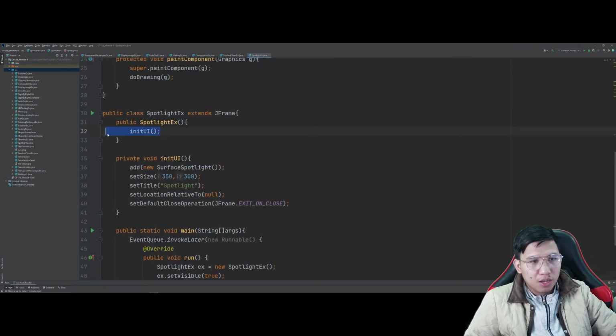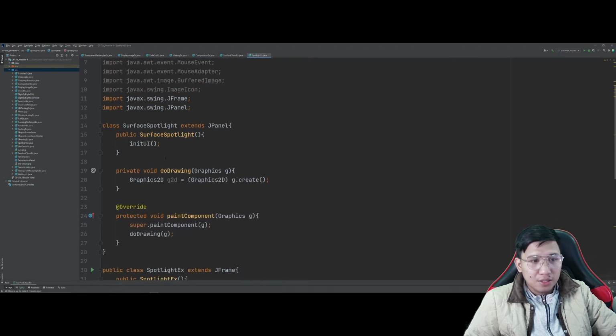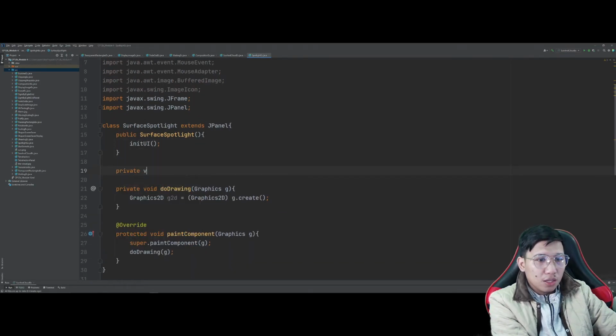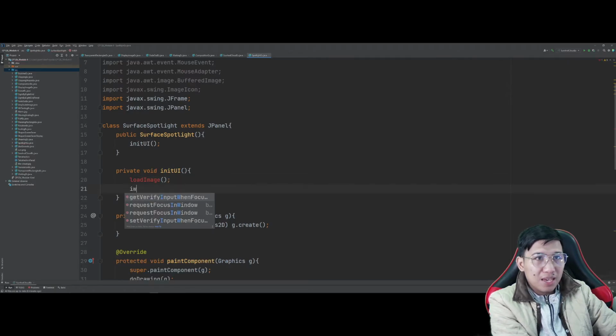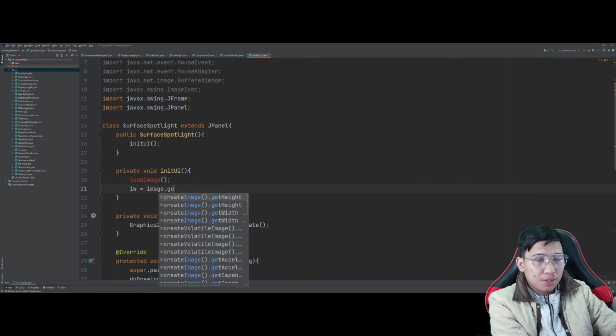So, ibig sabihin, even though they have the same name of the method, they belong to different classes. So, ibig sabihin, we'll simply call this method here, not the method below, kasi nga nasa separate class siya. This will simply load the image. Ayan. And we'll simply get the size,